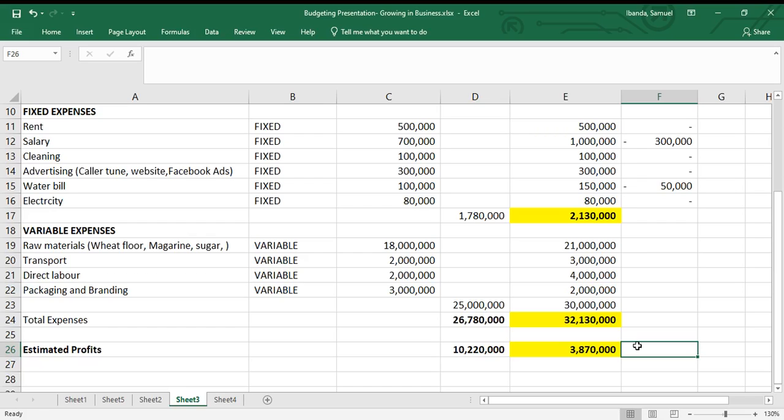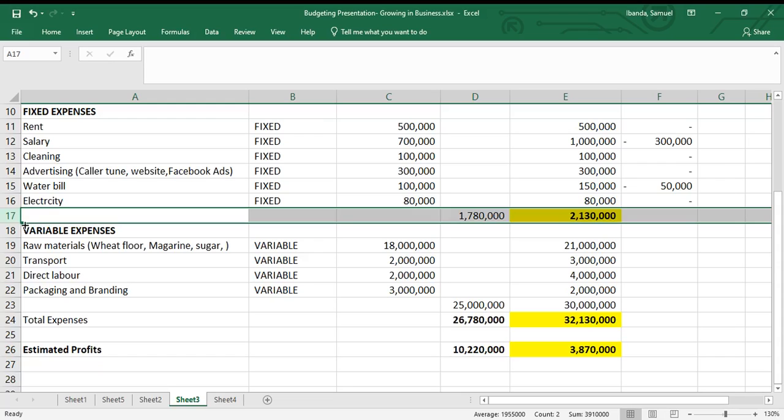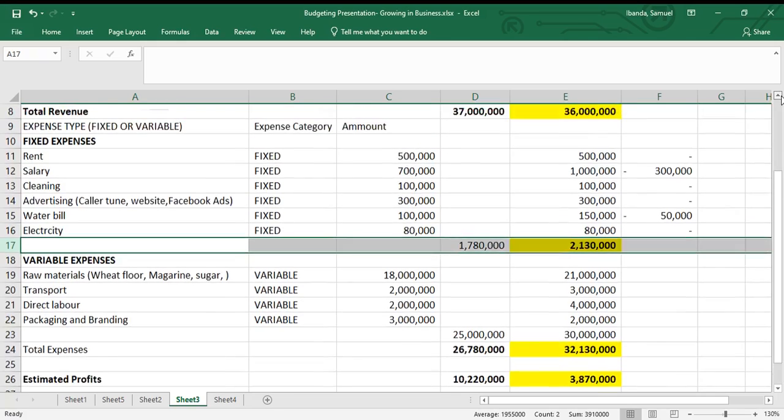Now, if you have, let's say, for example, things like interest in terms of loans, you may include it under your fixed expenses here. Also capture it to get a picture of your overall profit. That is why I said every expense should basically be included when you're doing your budget, and make sure that as you include all your expenses, in the same way your revenues should also be comprehensive. Put everything that